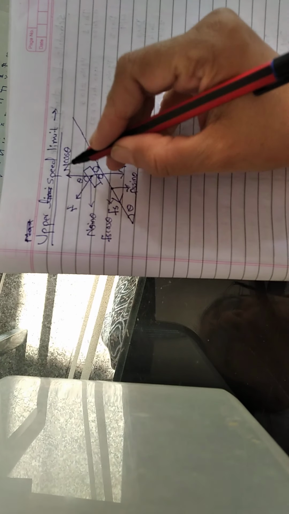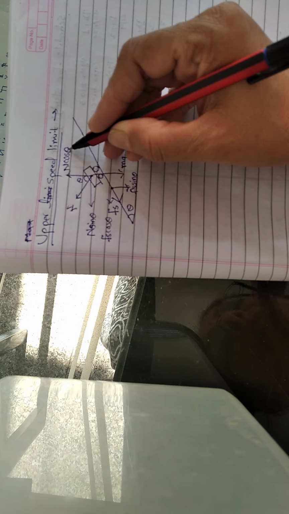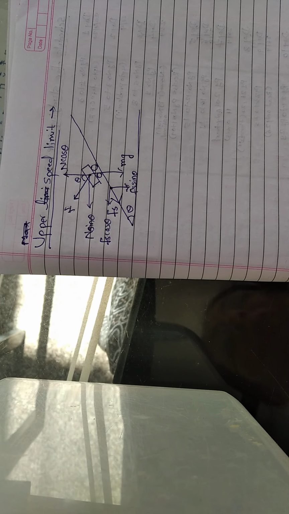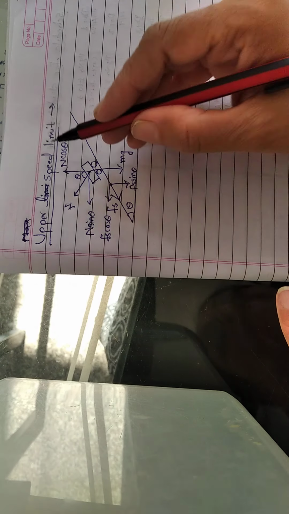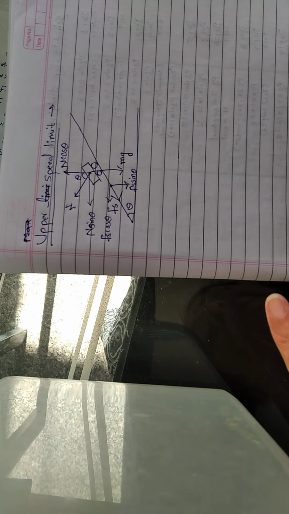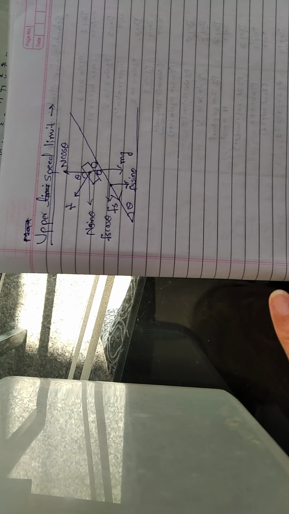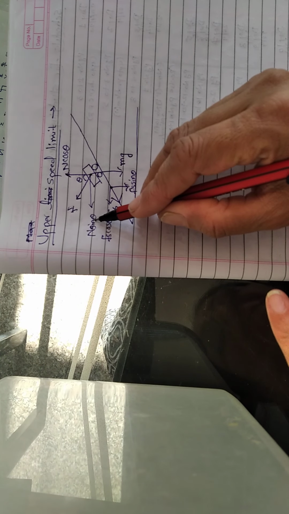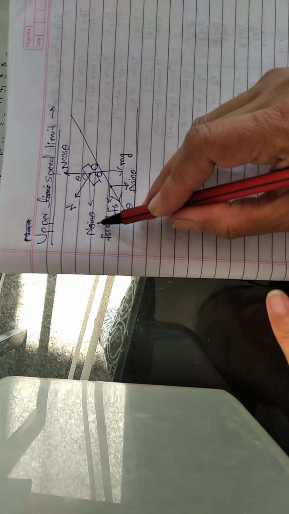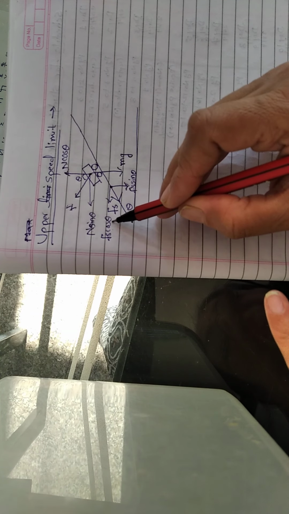Once you only remember this is the n cos of theta, no, you can write with that calculation what will be the other one. But one hint is there, how to remember this. Suppose you don't understand how to write the components, at that time you should remember this concept that vertically upward component is n cos of theta. If you keep this in mind, then obviously this will be n sin theta. This became cos, so this will be sin. Same way, once the sine is here, obviously this will be the cos one.